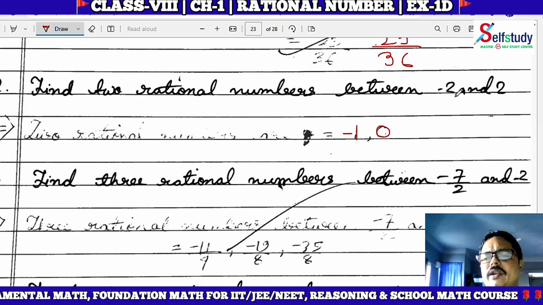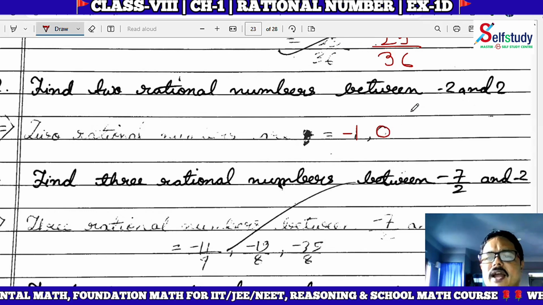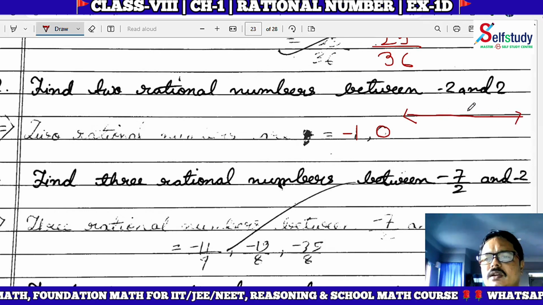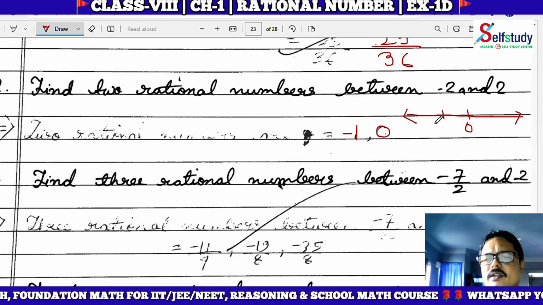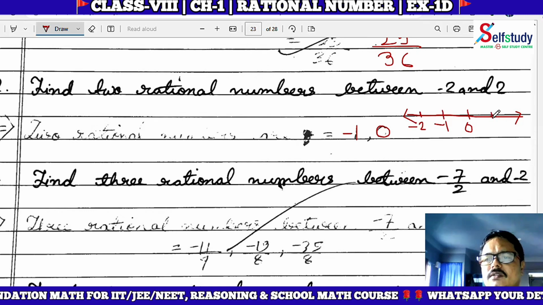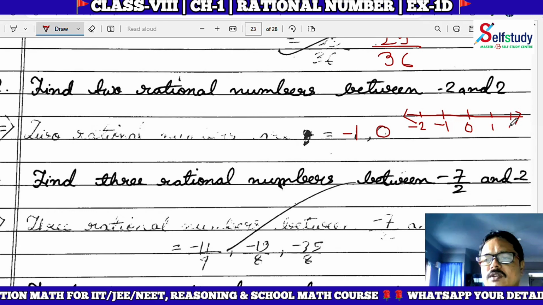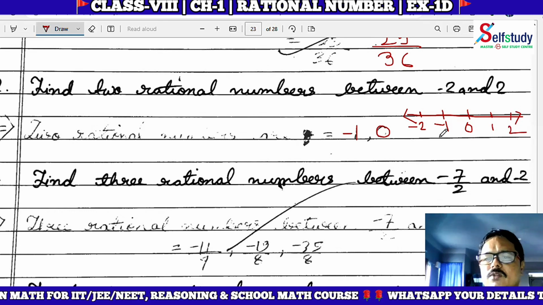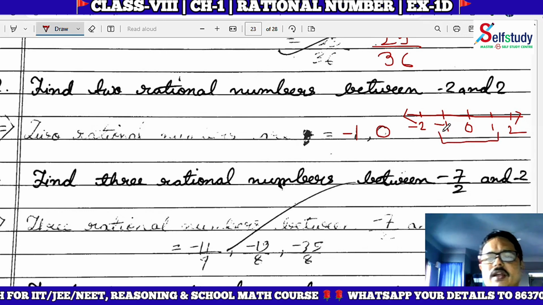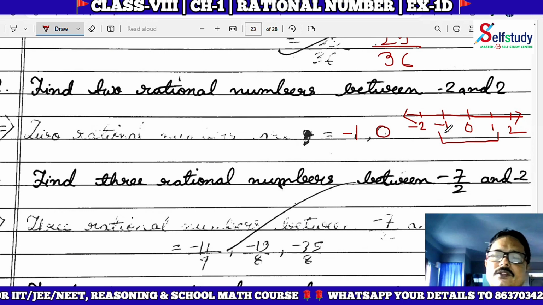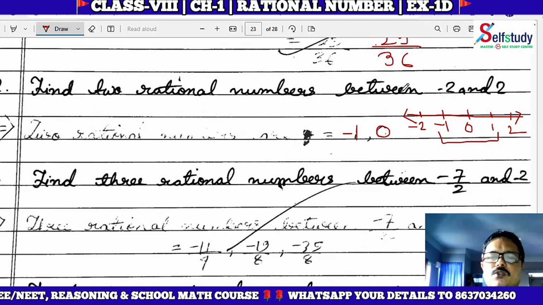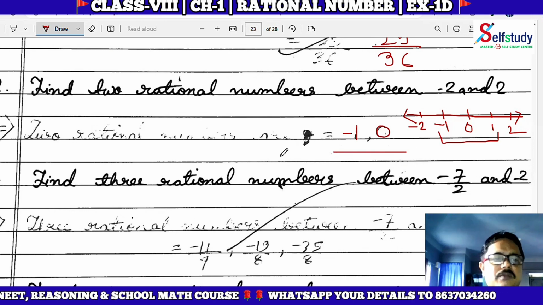Actually there is no denominator, so between minus 2 and 2, if you draw a number line, then this will be more clear. If this is 0 and this is minus 1 and this one is minus 2, and this value is 1 and this value is plus 2. So you see in between minus 2 and 2 these three numbers are there. So you can write any two from these three, minus 1, 0 or 1. Also if you want you can write all three, but here only two numbers were to be written, so you write only two here.